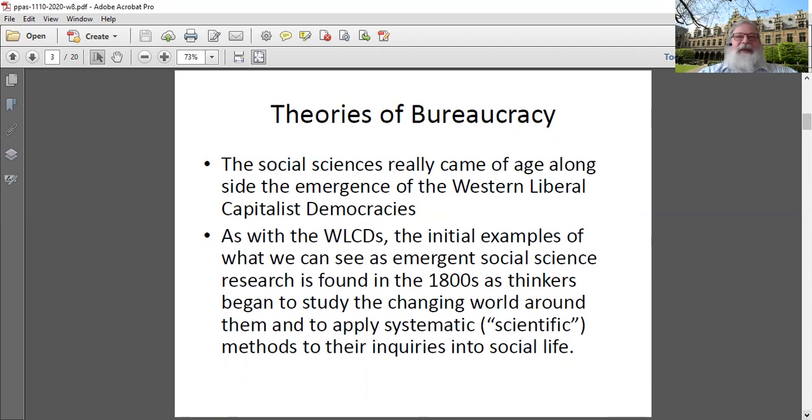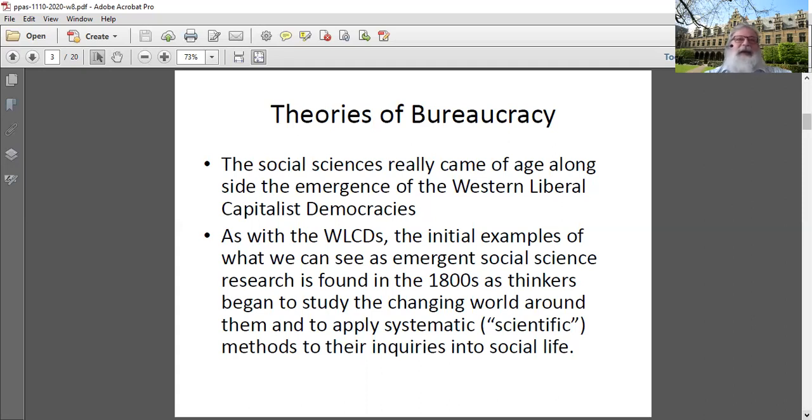What are good behaviors? And not judged tied to positive or negative outcomes, but to what we could call theological understandings of what was good. This begins to change slowly beginning in the 1600s, but really comes of age in the 1800s as more and more researchers begin to use the same methods of the natural sciences: systematic inquiry, observations of things that are really happening,